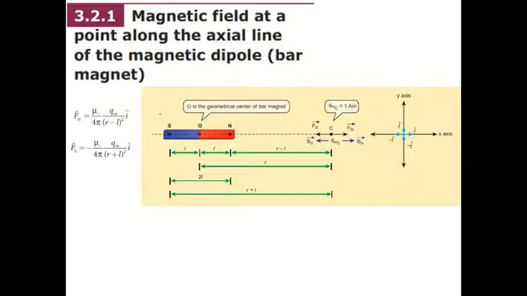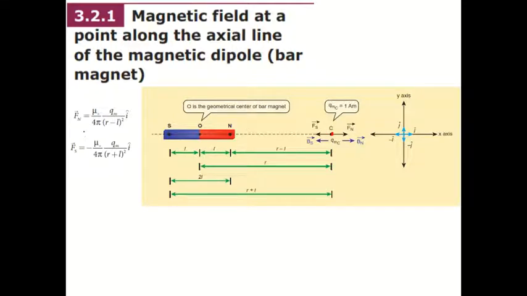So here they have given a bar magnet with the south and north pole. They have a point C. At this point, the force may be attractive or repulsive because of the south pole facing point C. Also we have to find the force because of the north pole, which might be attractive or repulsive. First let us take the north pole. Let us consider the north pole is attracting.